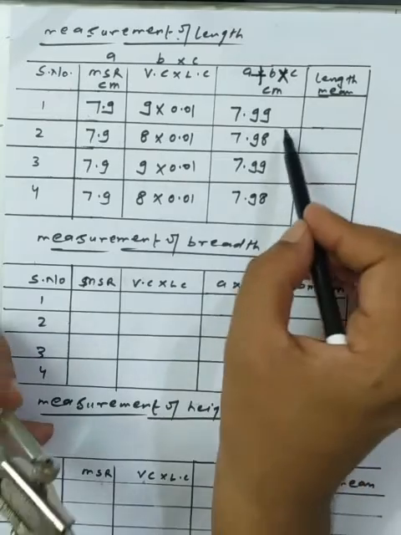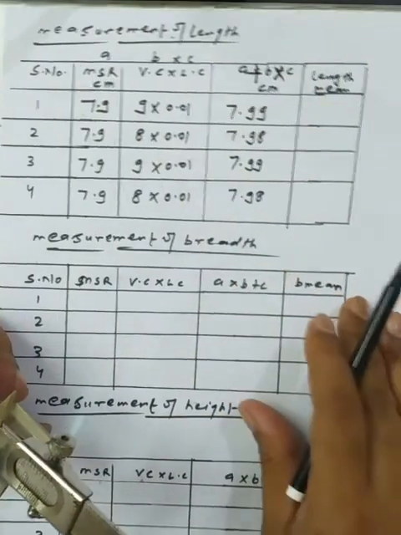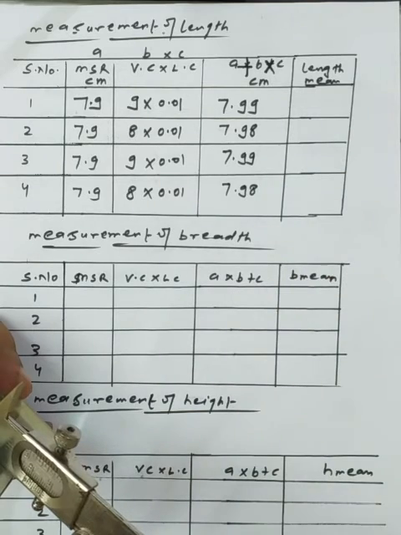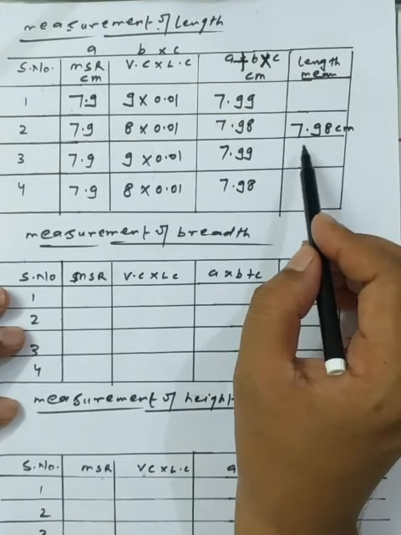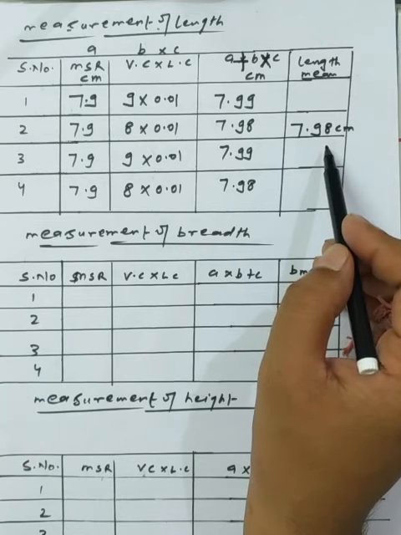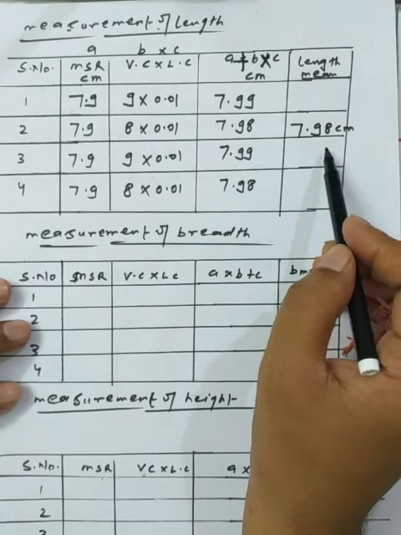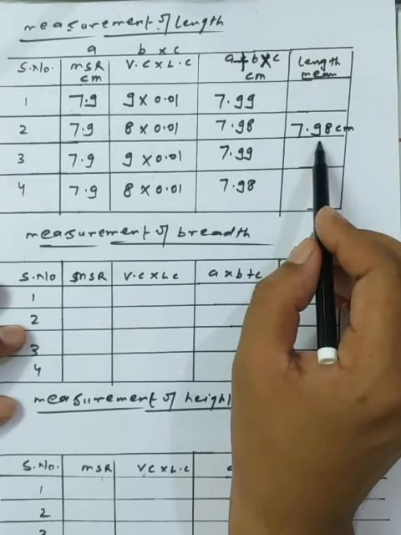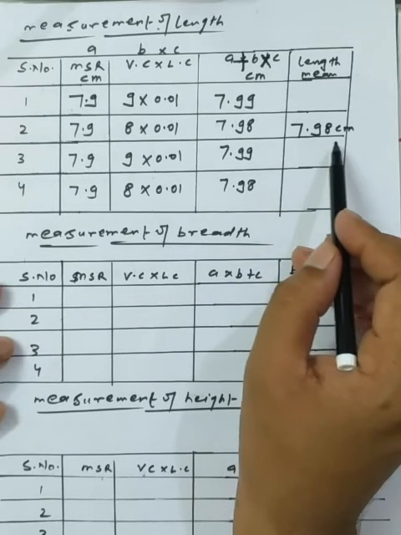What will be in the last, we have to assume the mean of that portion. So we can directly approach the mean of the length here. Whenever we get the length mean by the help of the simple formula, that length mean is equal to L1 plus L2 plus L3 plus L4 upon 4. So we are getting the average of that length, that is 7.98